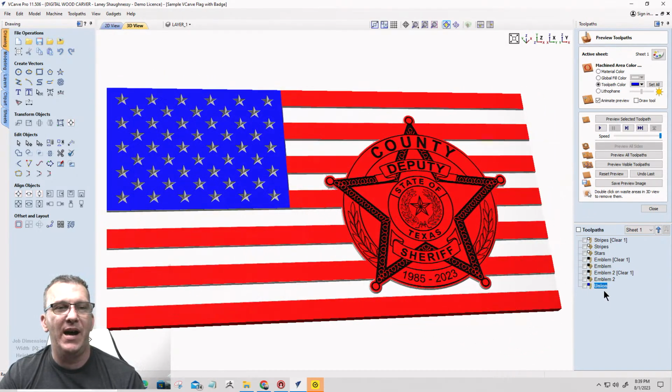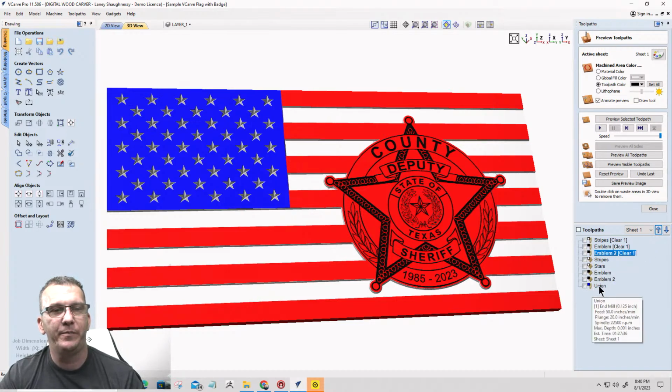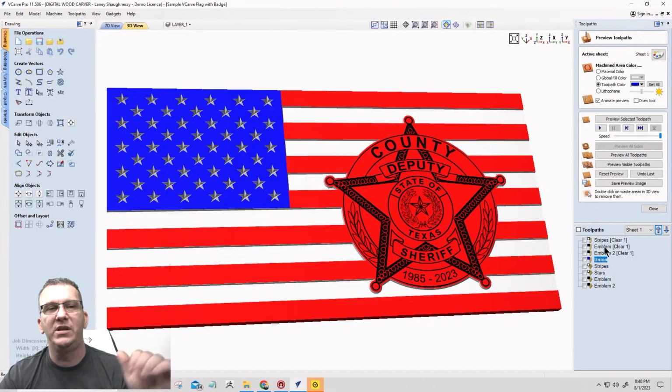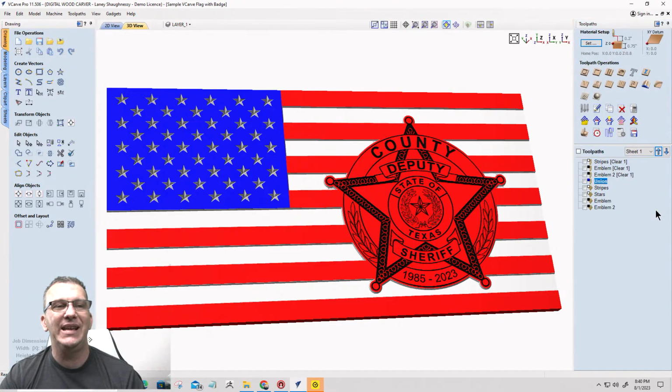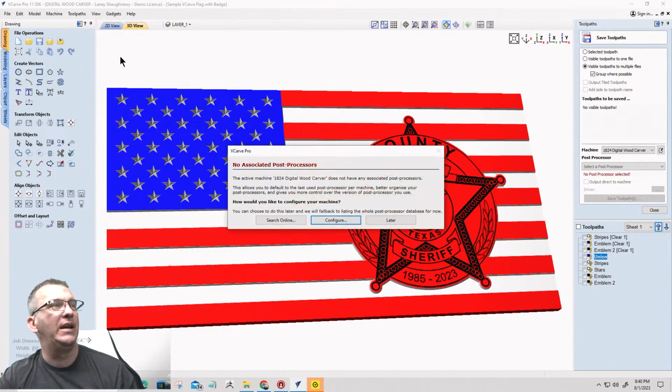I want to optimize the toolpaths. I'm not going to save the toolpaths, but I'm going to show you how to save them. I want all of my bits to go together. So 1/4 inch bit first. 1/8 inch bit is going to be next in line, and then all the V bits, even my union's 1/8 inch bit, goes next in line. So it carves all the 1/4 inch stuff first, the 1/8 inch stuff next, and then the V bit stuff last. So when I save this, I'm in 11.5,